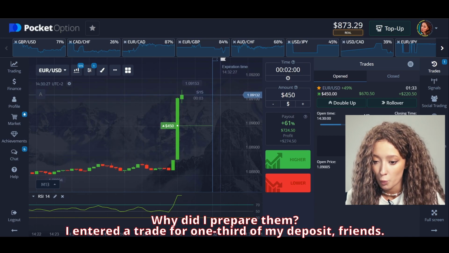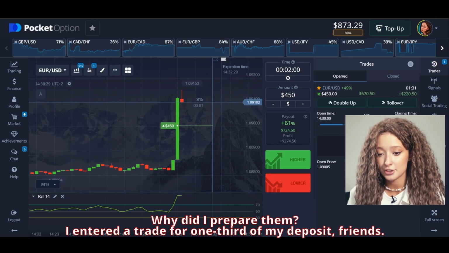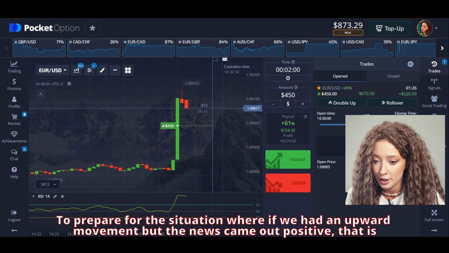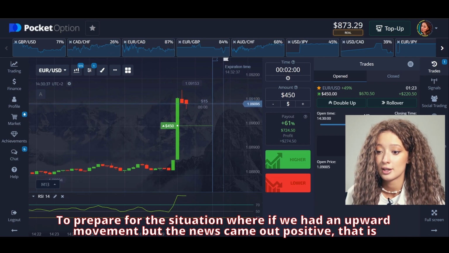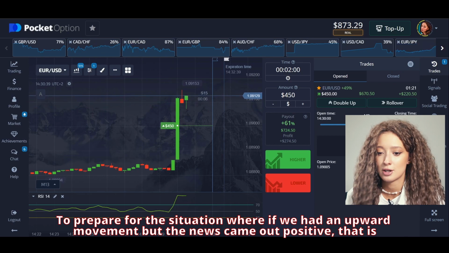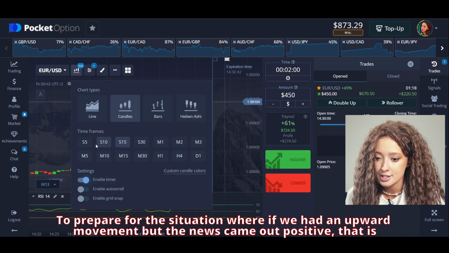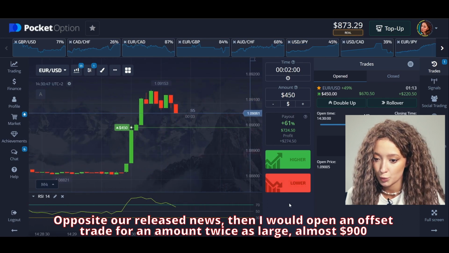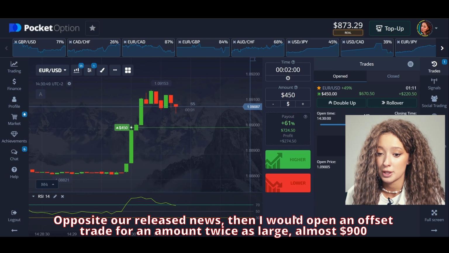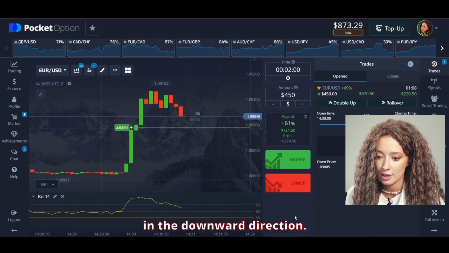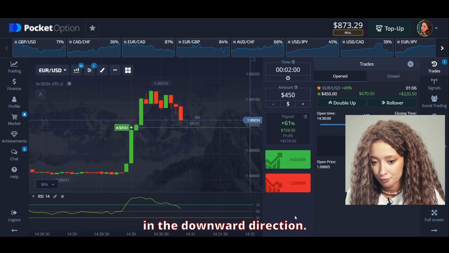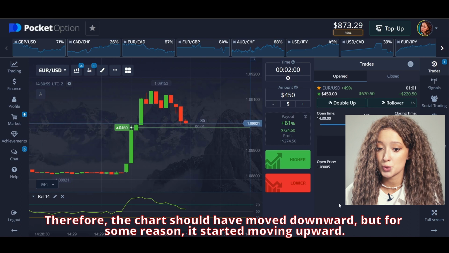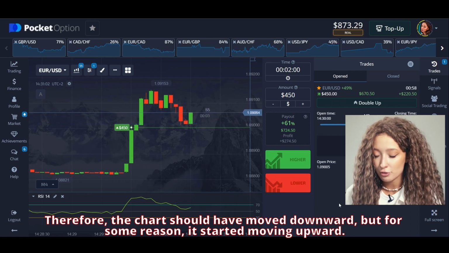$873 in my balance. Why did I prepare them? I entered the trade for 1/3 of my deposit funds to prepare for a situation where we had an upward movement but the news came out positive. That is, after entering the trade we saw a green number opposite our released news. Then I would open an offset trade for an amount twice as large, almost $900, in the downward direction. Since our news would have been positive, therefore the chart should have moved downward, but for some reason it